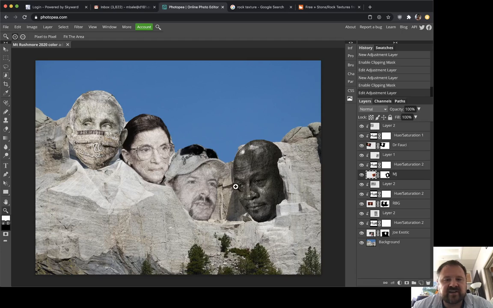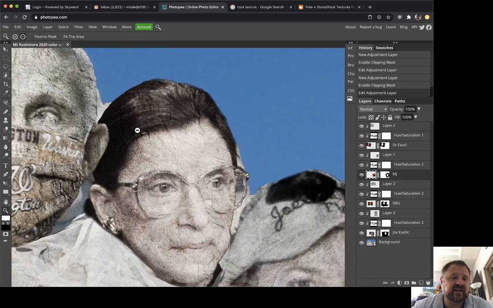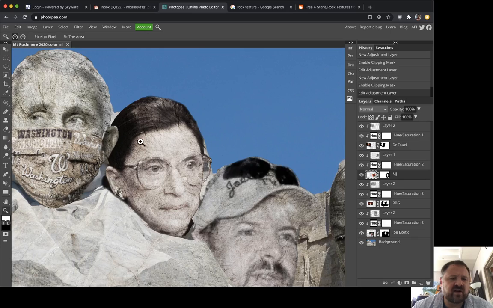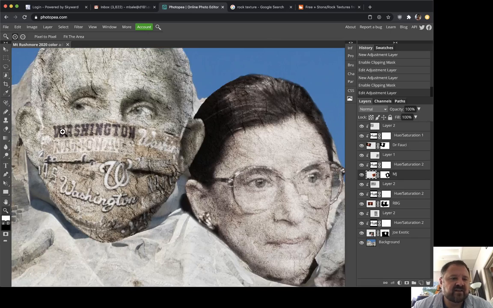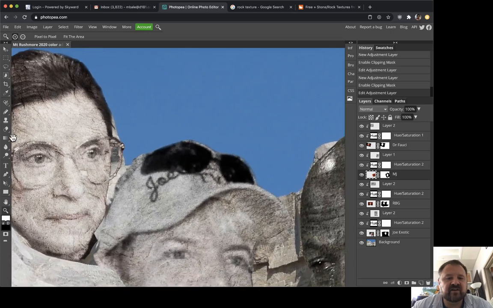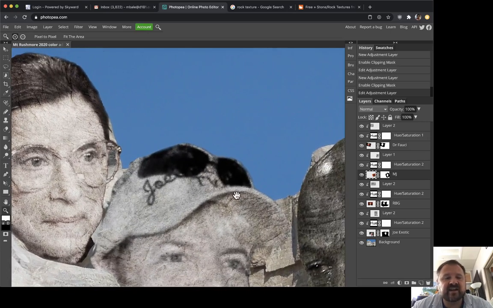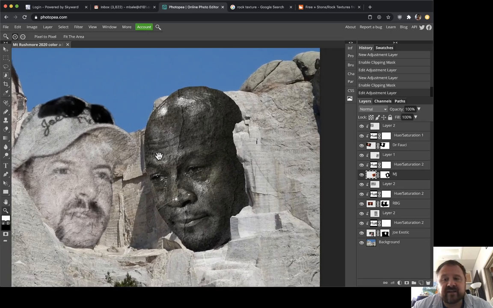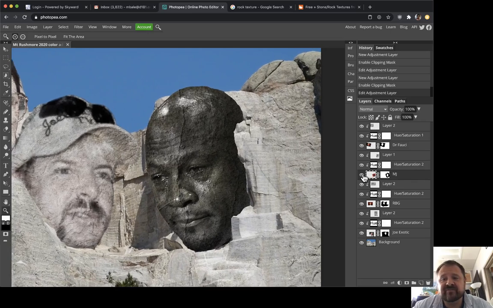Now the tricky part is the light and dark. So I'm going to adjust Joe Exotic and Ruth Bader Ginsburg's light and dark as well. Her hair looks wrong. Actually, they all look wrong. This doesn't look right on Fauci. This doesn't look right on Ginsburg. This doesn't look right on Joe Exotic. So I'm going to be adjusting the levels of all of those layers to get the faces to look more